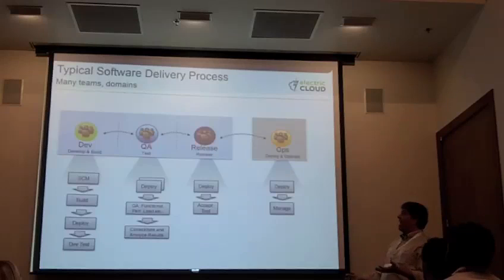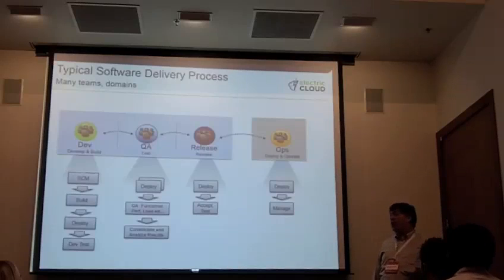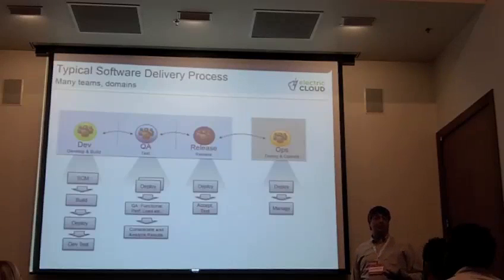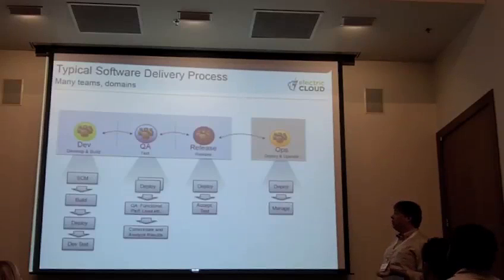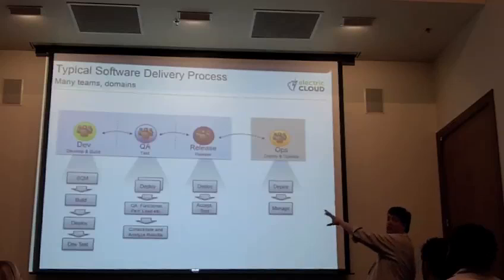Dev has their process. We have an SCM system, that check-in triggers a build. If you're doing system testing as part of your continuous build and test process, you may even do a deployment and do some dev testing on top of that. You may be doing unit testing, all kinds of stuff in there. Once you get into more of a QA mode, and again, if you're doing Agile, this picture may have a different shape, but all of the boxes still exist.